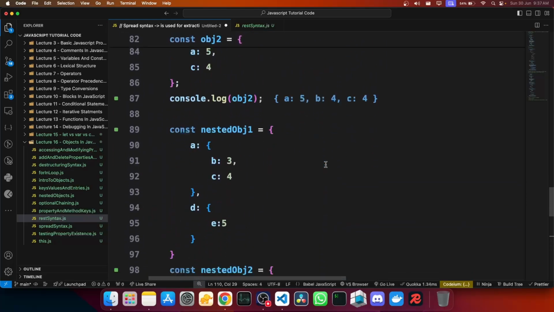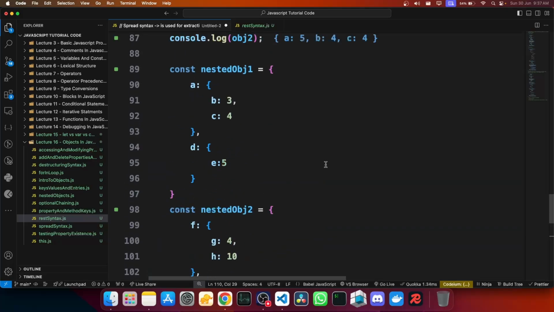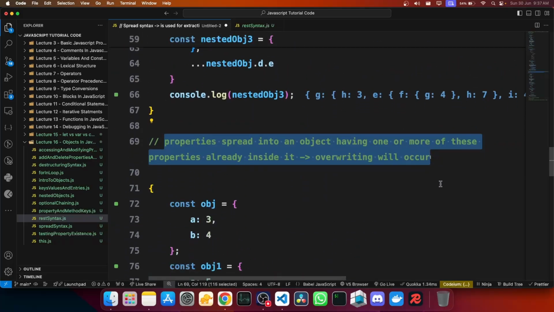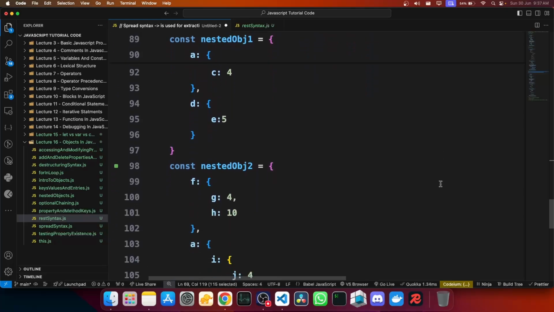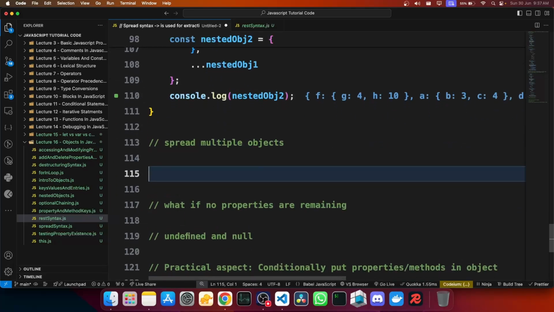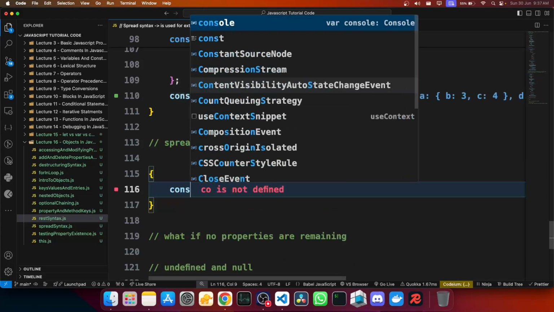That's how you can use the spread syntax in nested objects, and you can override the properties if there are any properties that are already there in that object. Now, one more thing over here is that you can actually go and spread multiple objects. That's actually possible. So let's say you have obj